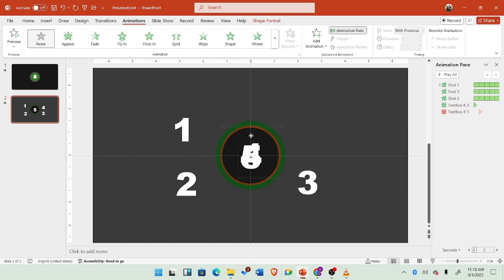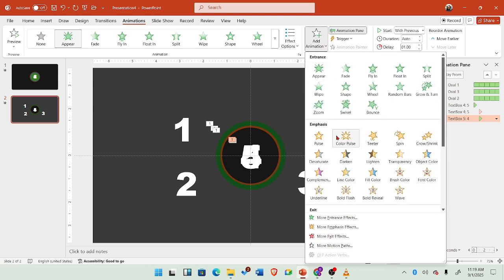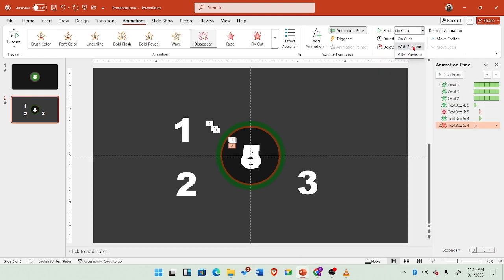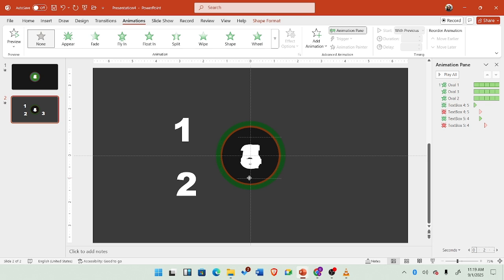We bring it in and set it first. It is going to appear, start with previous, and delay for 1 second. Now this is going to delay for 1 second, and then add animation, disappear, start with previous, and it's going to delay for 2 seconds. All right, that's good. Next one, bring it in,